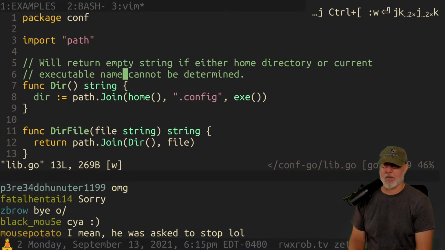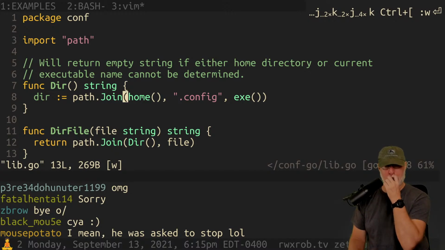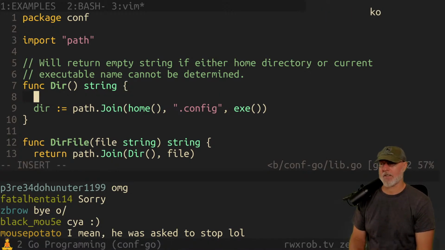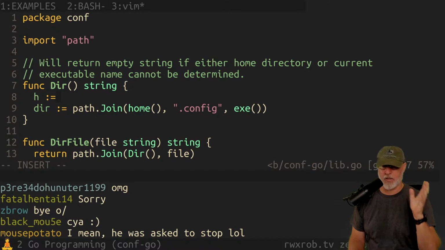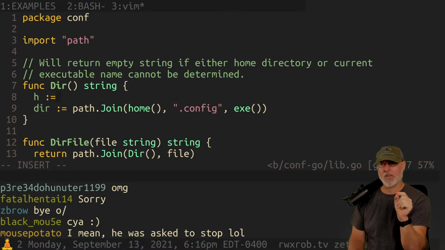So I know I'm going to put other stuff in there, but I want to put that there because now I'm making a new contract, and this code is going to be way better because of it. It's going to be slightly slower, but it's going to do the check here. So then I do this. I say h equals, and by the way, one letter variable names within the scope, this is a Go idiom. The smaller the scope, the smaller the name.